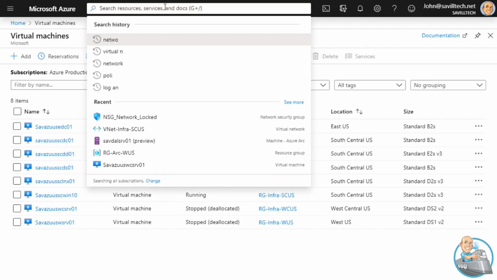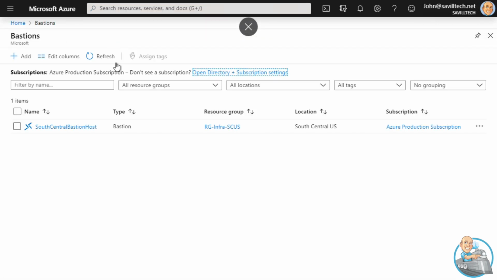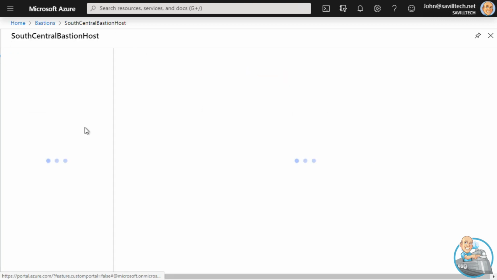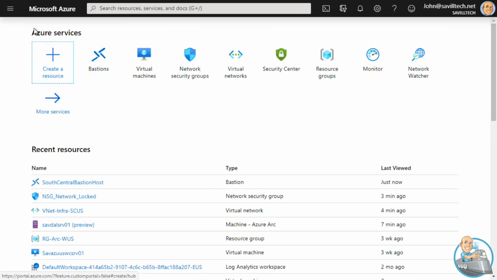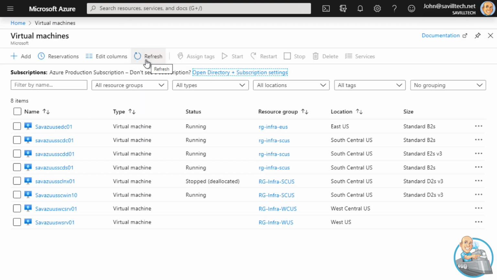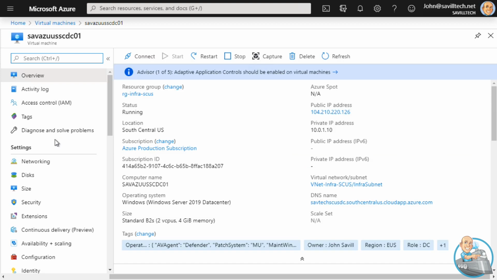Now, firstly, I have already deployed it. So if I look at my Bastions, I have it deployed to South Central, and it actually goes into its own subnet within my virtual network. So here, if I look at my Bastion, you can see it's deployed to my virtual network, to its own special subnet, Azure Bastion subnet. Now, once that's deployed, if I go back and look at my virtual machines, let's pick any of my virtual machines that are in South Central US. Pick my domain controller. If I hit connect,